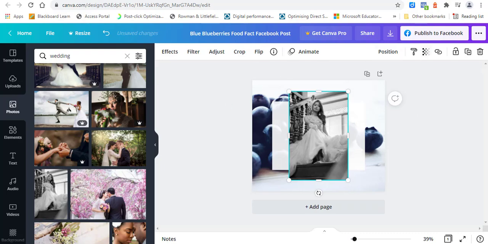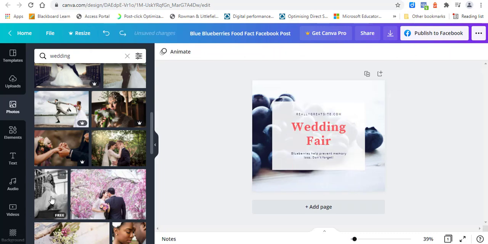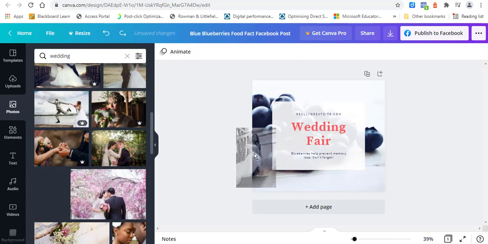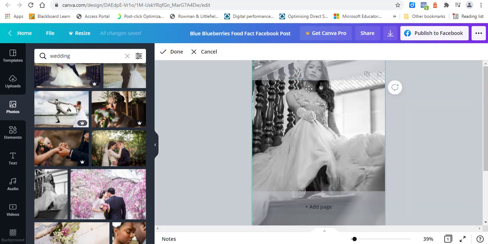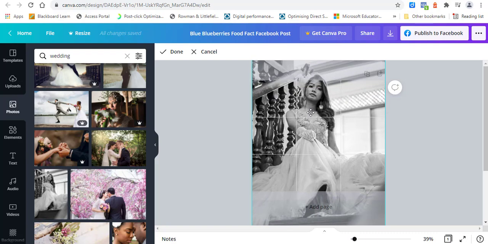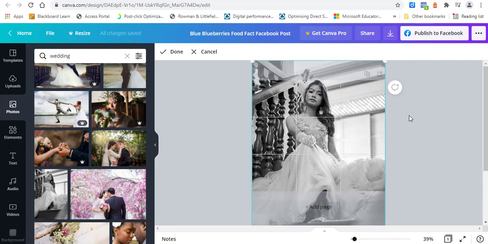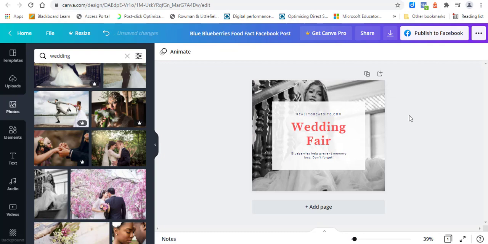Sorry, don't click. I meant click and drag. So I'll just, okay, there's an intentional mistake. So I'll just hit the undo button. So what I do is I click and I drag it across and you'll see it pops in. Okay, and when it's popped in, okay, you're thinking, yeah, but I've cut off her head. I want to actually get the head in. Double click in again, and now I can kind of move it about. Okay, and then click away, and you can see, right, that's the sort of wedding image, and you could decide,